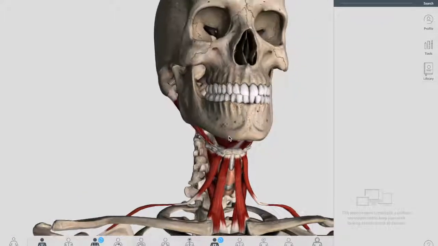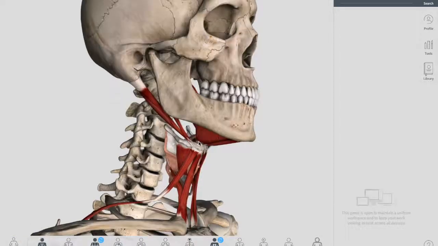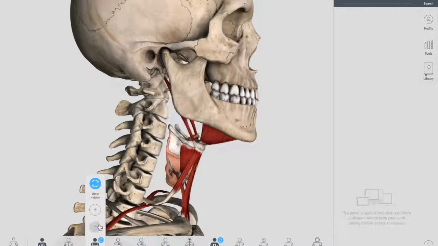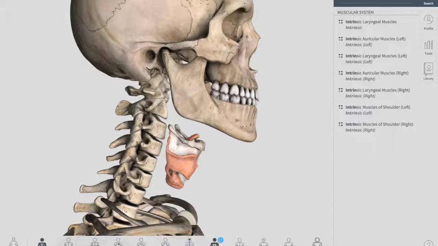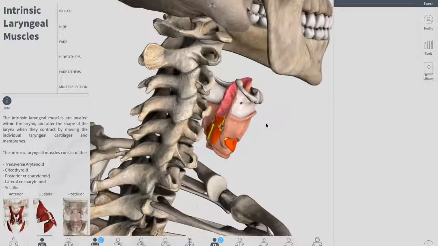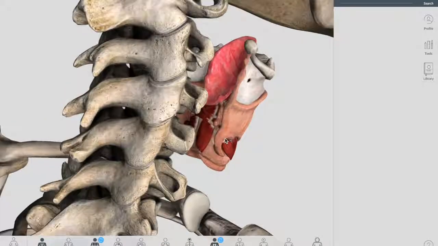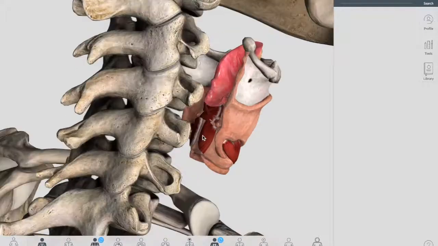Now let's move on and talk about the intrinsic muscles of the larynx. First I have to remove the muscular structure. All right, we are done with the muscles, and let me put in the intrinsic muscles of your larynx. So this is it. Very simple. We have kept the intrinsic muscles of your larynx. You can see this is the larynx and there are muscles inside it, surrounding